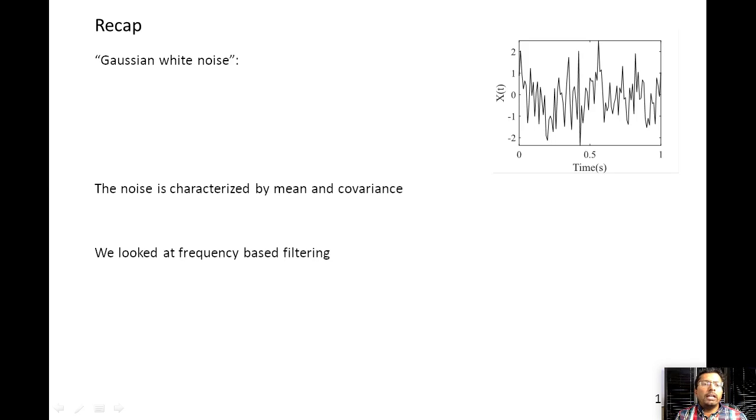The noise in our system is assumed to be a Gaussian white noise. So what do I mean by that? It would look like shown in the figure here. Conceptually, the process noise is white if at any time T1, the noise is completely independent of the value of the noise at any other time. So what that means is if I know the value of the noise here, there is no way for me to predict the value of the noise here. It just randomly jumps, from a very small value to a very large value, and then do anything it wants, and it's completely random.